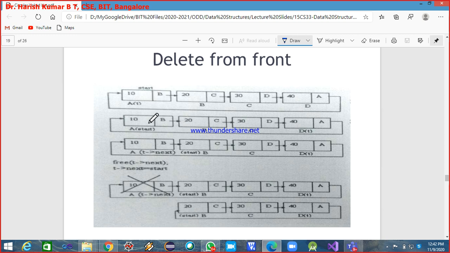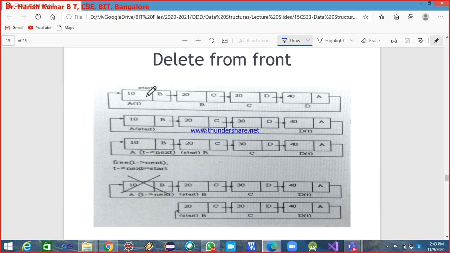Next, I need to perform the delete from front. When I delete this node, what do I have to do after deleting it? I have to make the next node the start node, and the address of this node has to be stored in the link field of the last node. So I should have access to the last node.